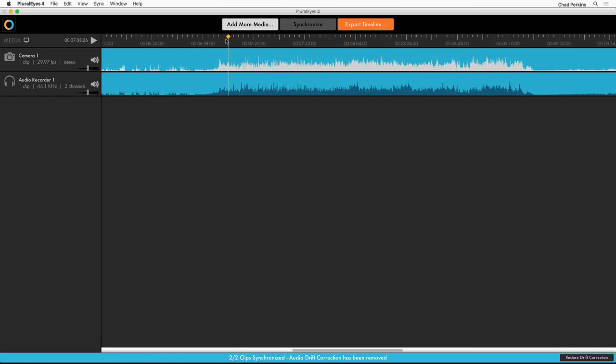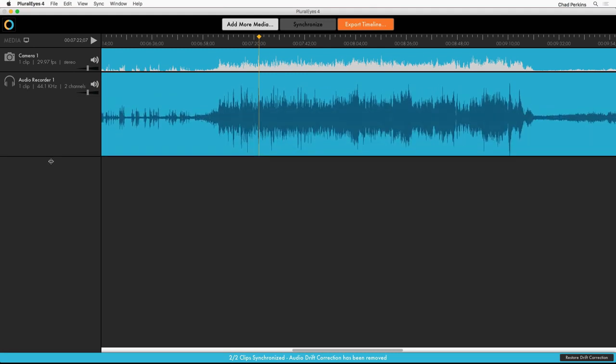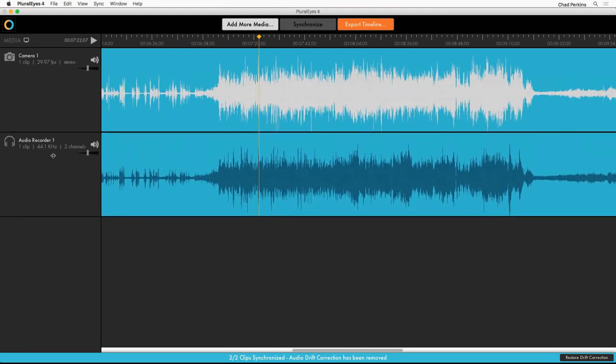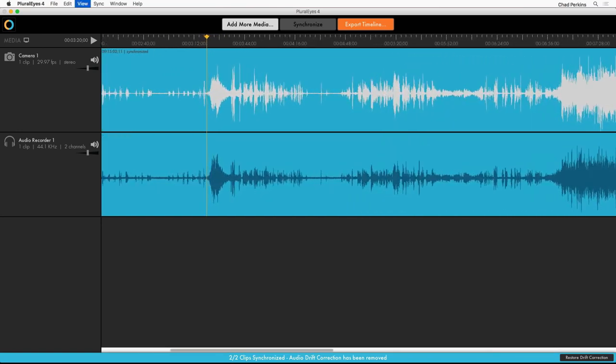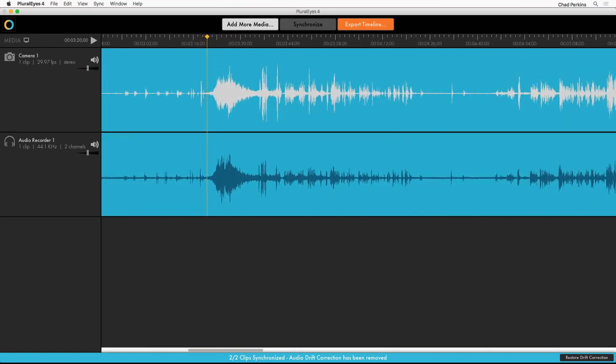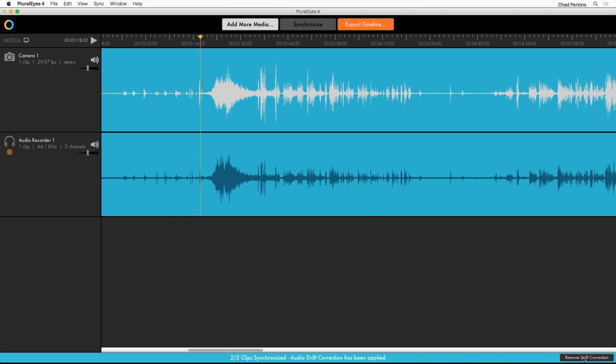I mean, the sync is fine. Who needs drift correction, right? Even if I click on the left side of the track here, the bottom little line, and expand these tracks so I get a bigger waveform to make it easier to compare these two tracks, they still look totally aligned. But when I use the backslash key to zoom all the way out so we can see everything, and I go to the beginning of these clips and then zoom back in, we can see that things aren't quite lined up right. And I could tell by turning back on drift correction, now they work, now they're synced up,